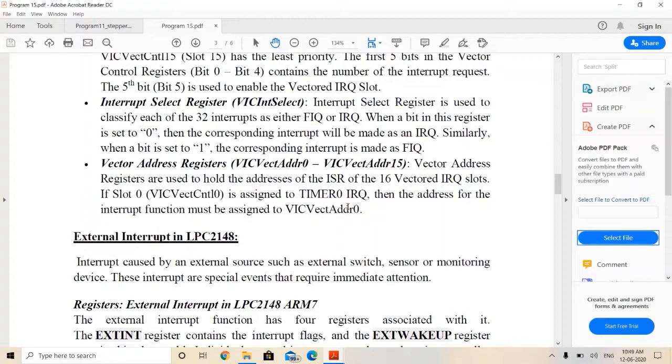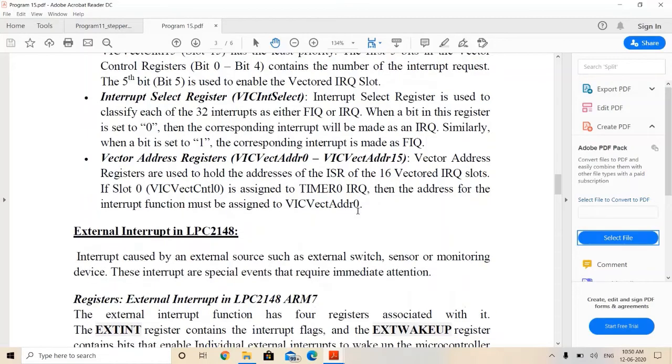There are 16 vectored IRQ slots, so here it is address 0 to 15. Suppose Timer 0 is assigned to slot 0, then the address for that interrupt function must be assigned to VIC vector address 0. In whichever slot it is assigned, the corresponding ISR address is stored in this vector address register.